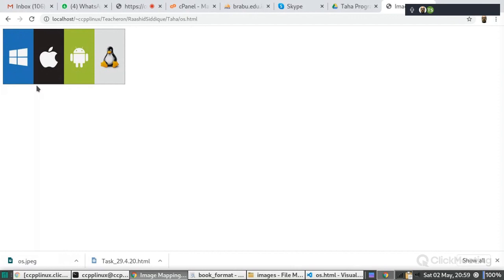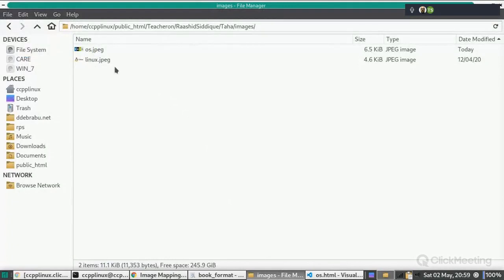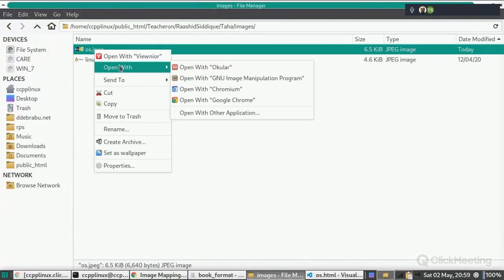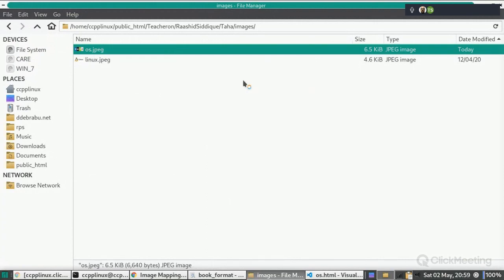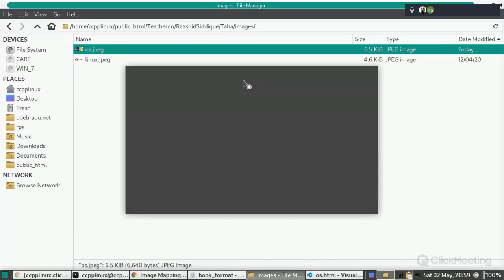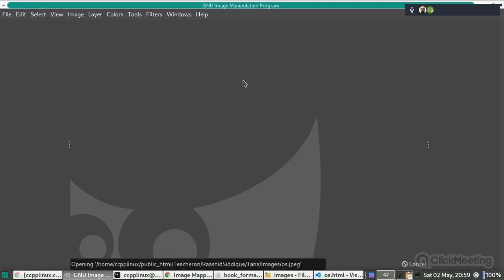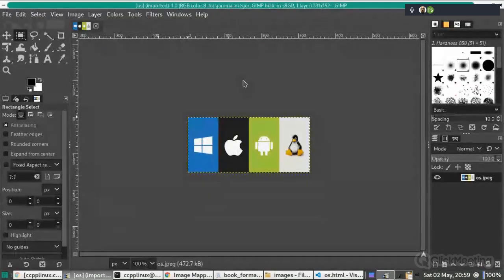There's a lot of trial and error. No, not trial and error. I'll show you. What we can do, we can open this image in any editor. Suppose in Linux, I am having this program. On Windows you can open it in Paint and Brush or any other image manipulation program. Okay, so this is an editor. So in Windows you have another editor, Paint.